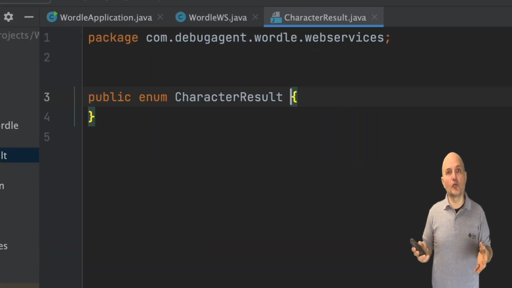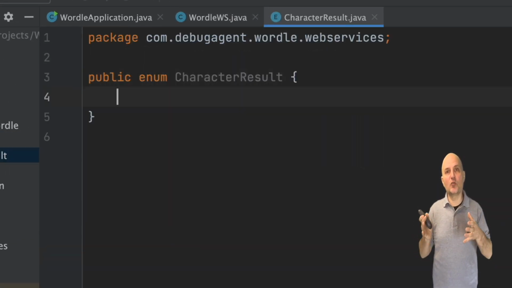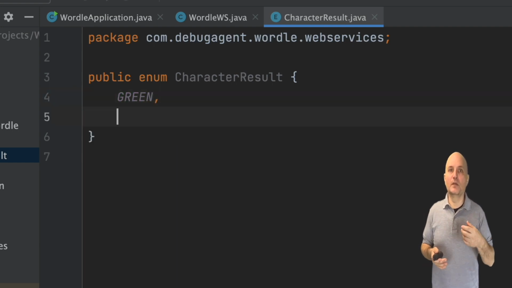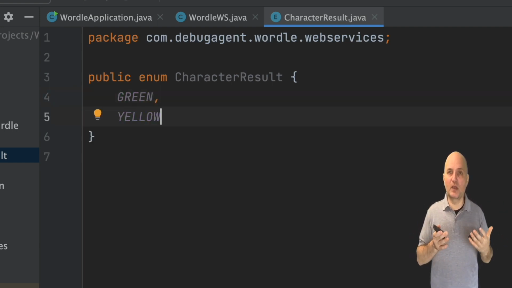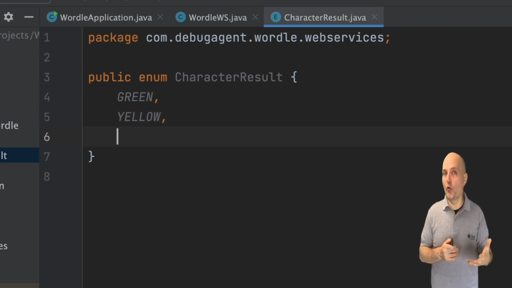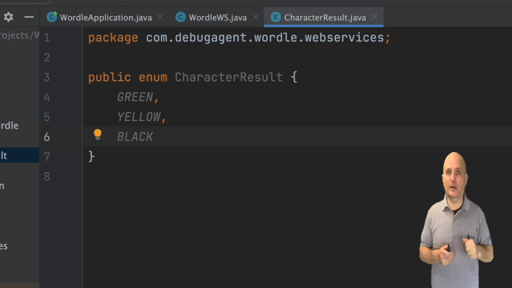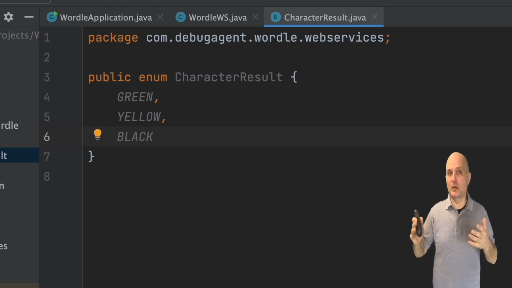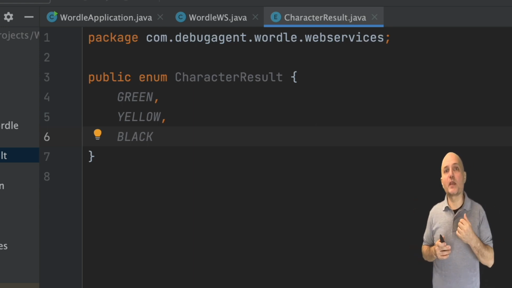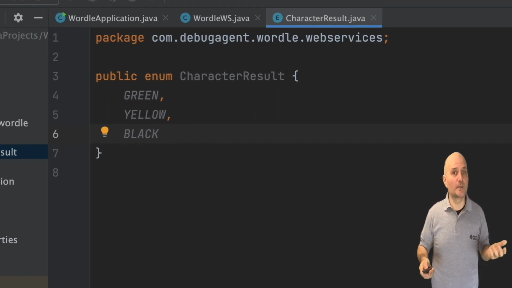Inside the enum declaration, we create the individual values for the enum. These are the instances of the enum. We can't allocate more and can't invoke a new enum. This enum has 3 instances: green, yellow, and black. These are all checked by the compiler. Instead of writing the letter G, we can just write green, which is more readable. We can't make typos like typing the letter F by mistake.